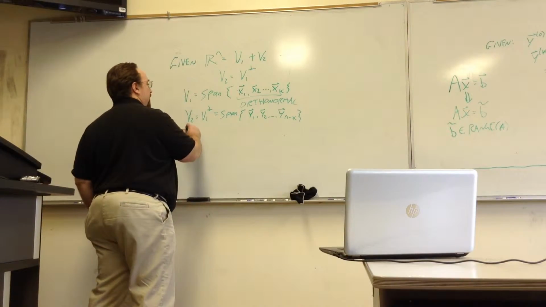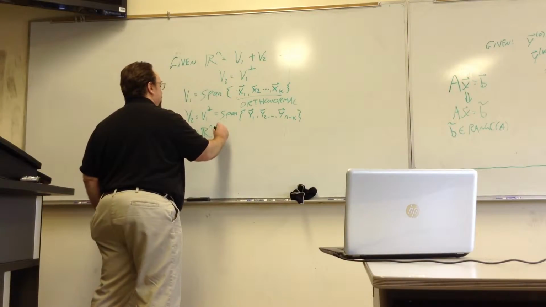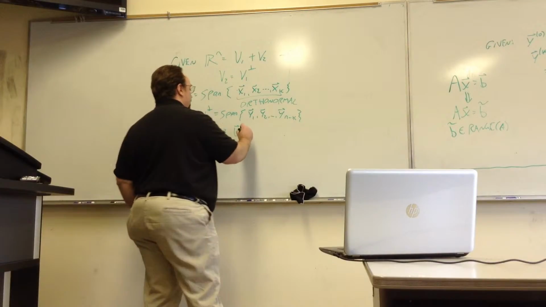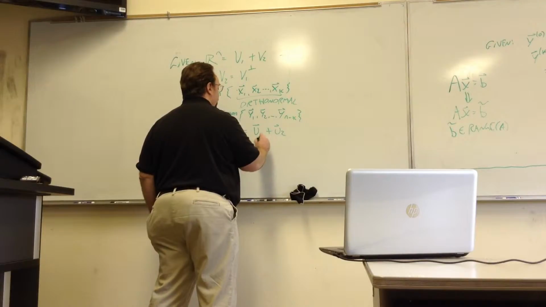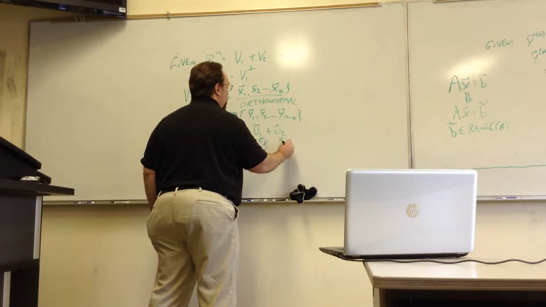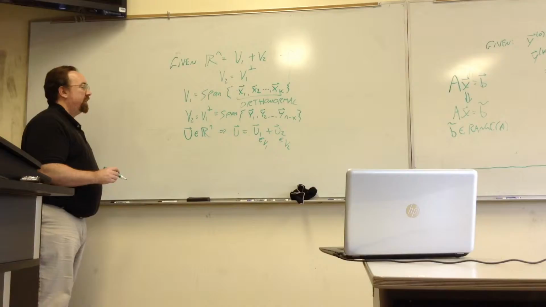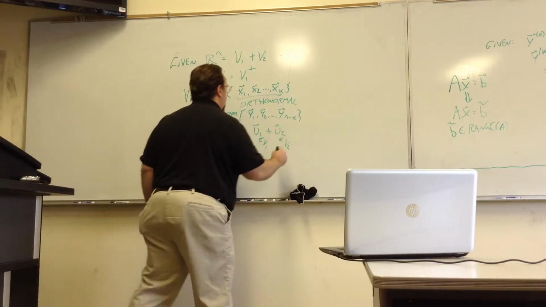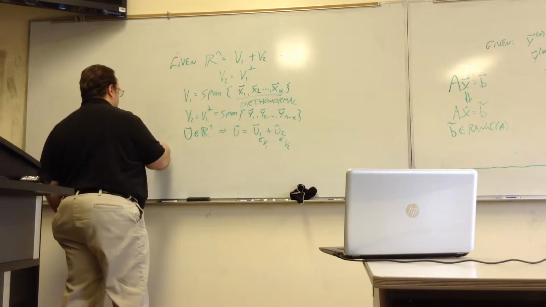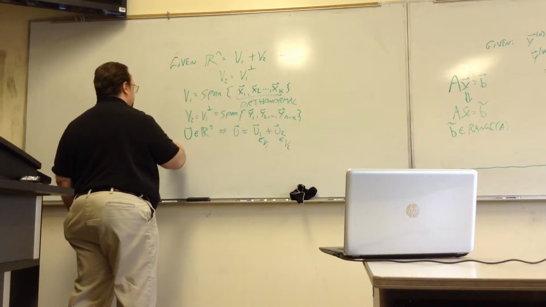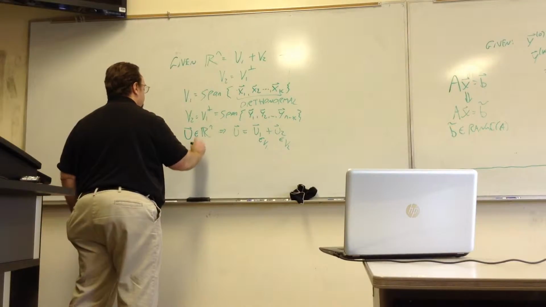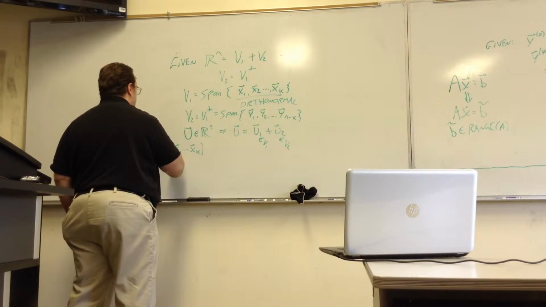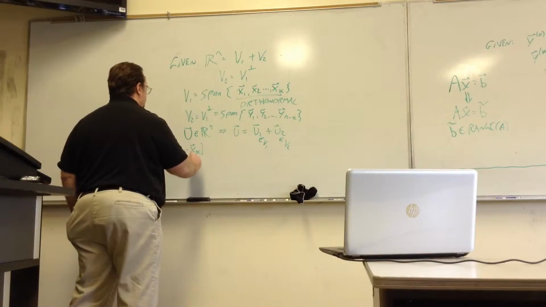Then, any vector u in Rn, as I've mentioned previously, has this unique decomposition. I'll break it down into u1, u2. So this belongs to V1, this belongs to V2. So if I define matrices whose columns are these basis vectors, so big X is x1 up to xk, and Y is y1 up to y n minus k,